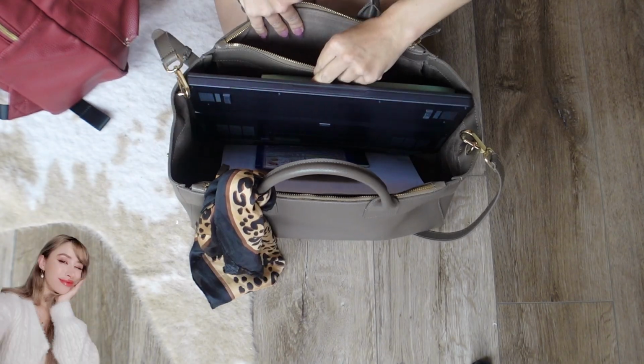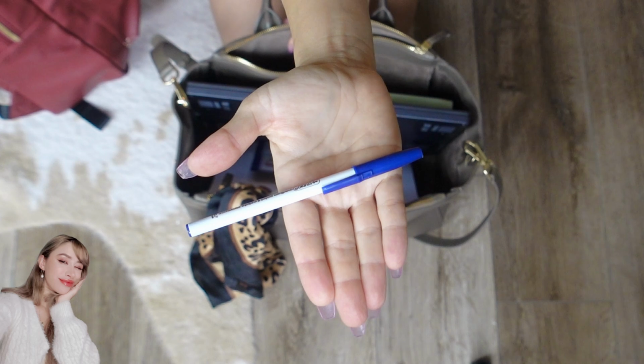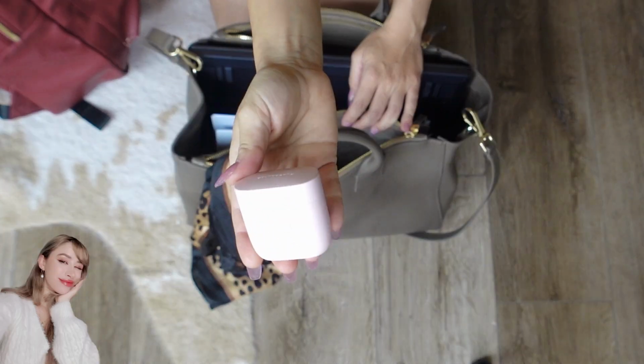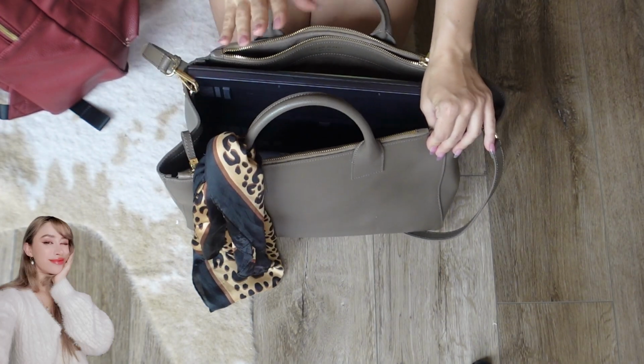And I also have a secret of bringing extra strength Benadryl and some non-prescription sleep aid medicine to really help me get a little more drowsy so I can sleep as much as possible during any 10 or 12-hour flight. And of course, in my personal bag goes any other items that no longer fit in my backpack,